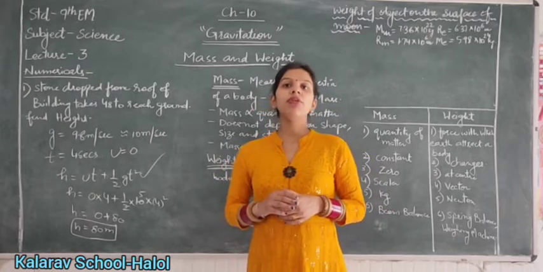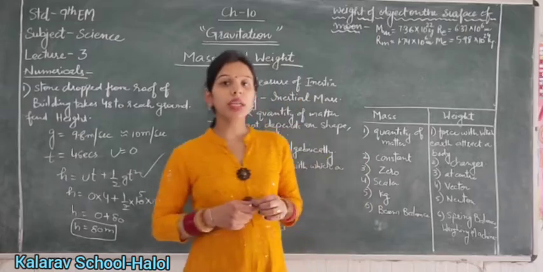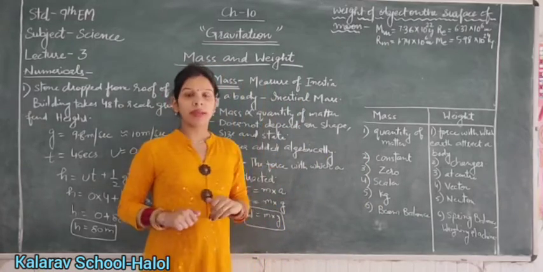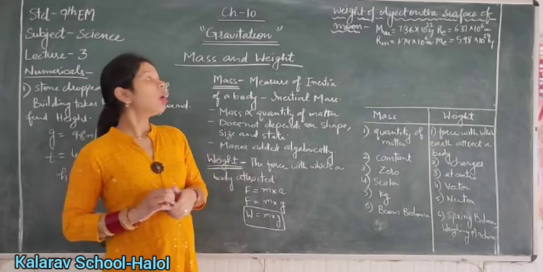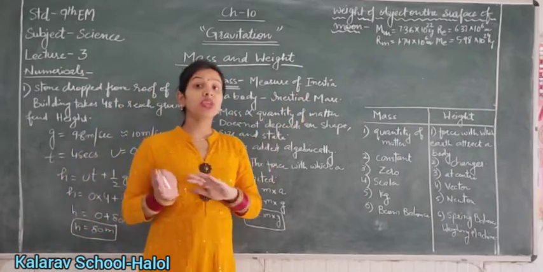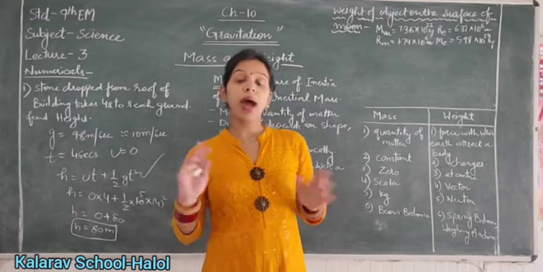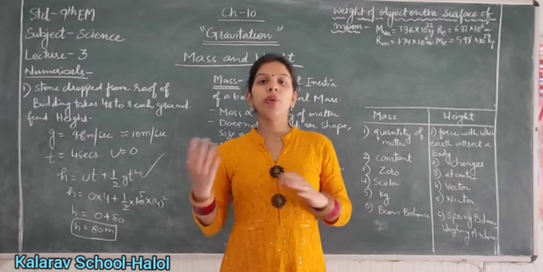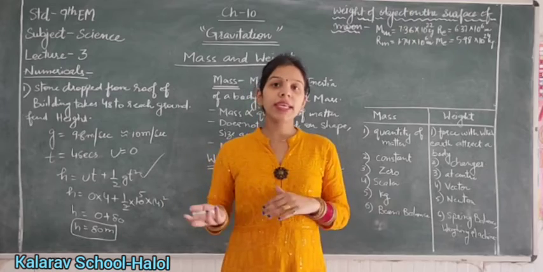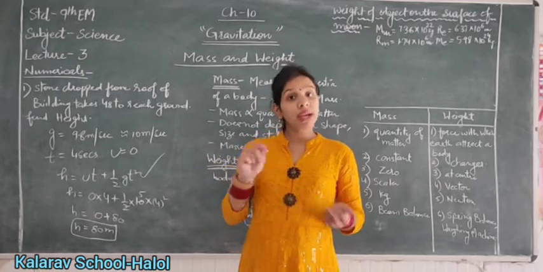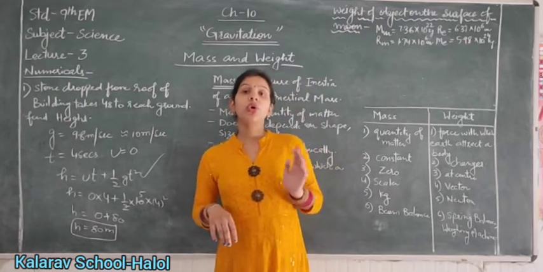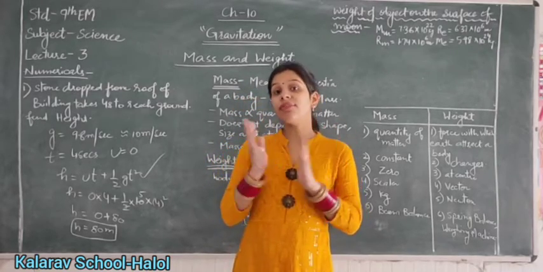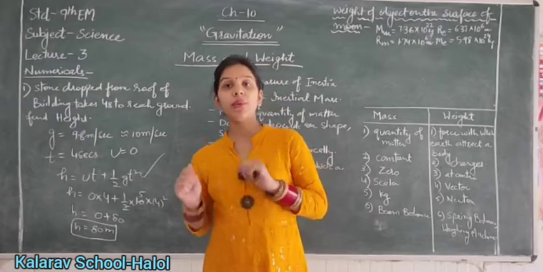So next we will continue with our recent topic, that is mass and weight. As we all know about mass and weight, but actually there is a vast difference between them. If we say my mass is 4 kg or 20 kg or 40 kg or 90 kg, it doesn't mean my weight is also 90 kg. So here I will tell you the main difference between mass and weight.